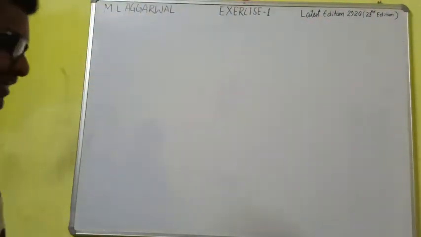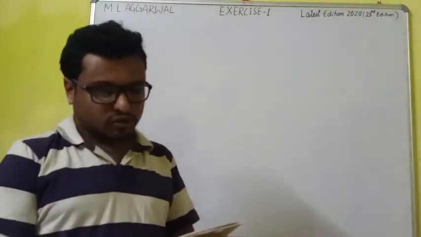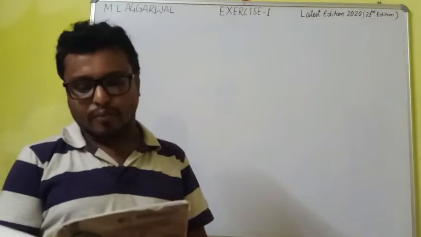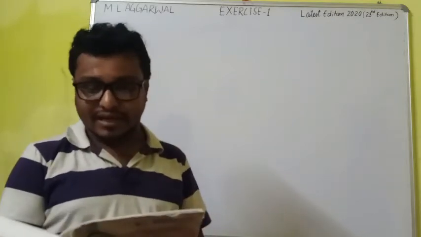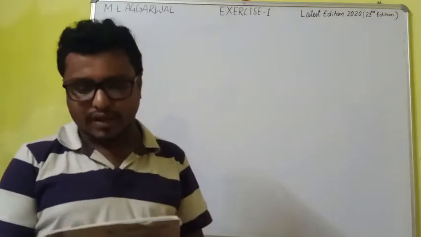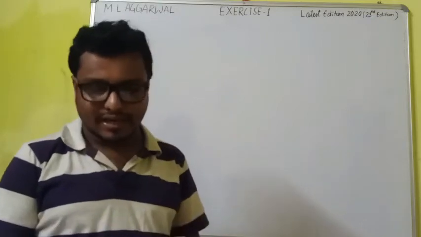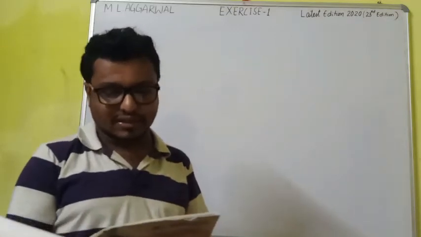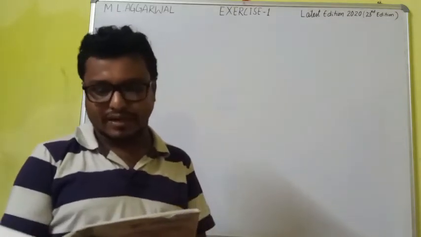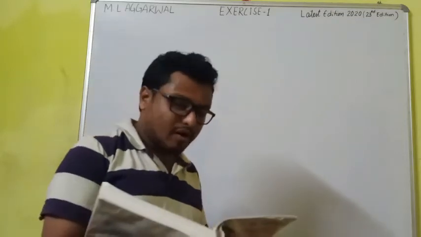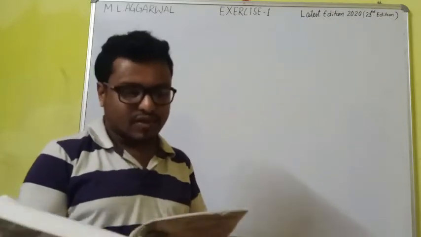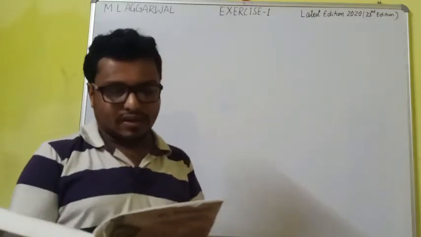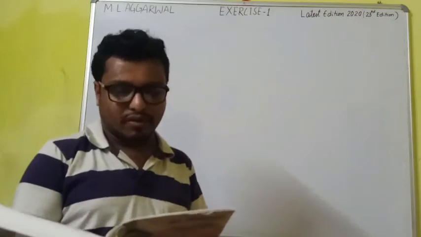So my dear friends, let's start question number 7. What is question number 7? A manufacturer sells a TV to a dealer for rupees 18,000 and the dealer sells it to a consumer at a profit of 1500, and if the sales are intrastate, the rate of GST is 12%. Find the amount of GST paid by dealer to the state government, the amount of GST received by the central government, the amount of GST received by the state government, and the amount that consumer pays for the TV.